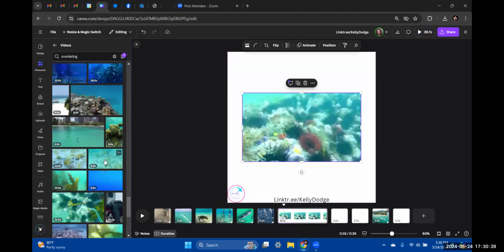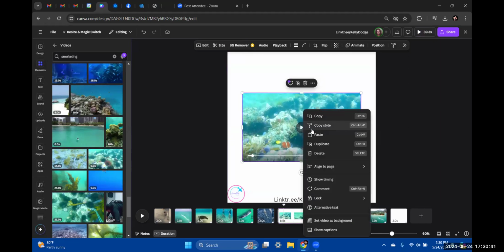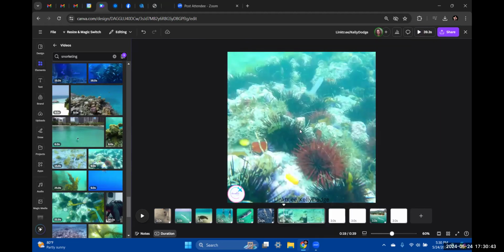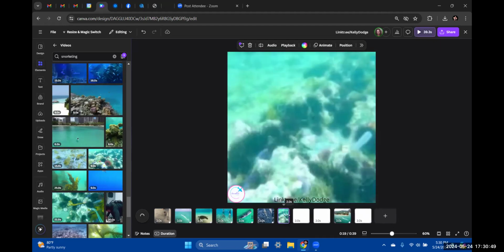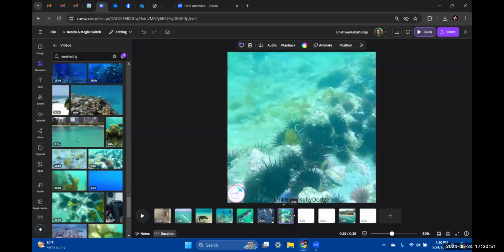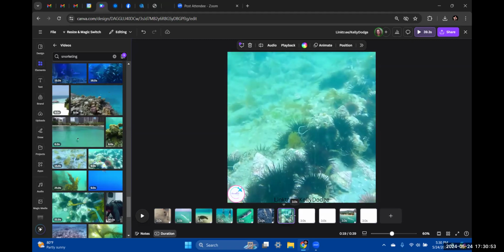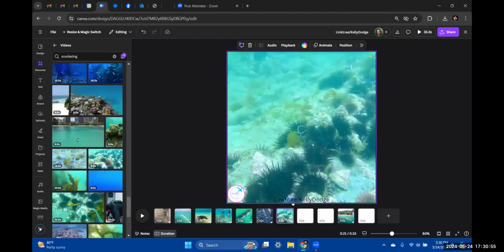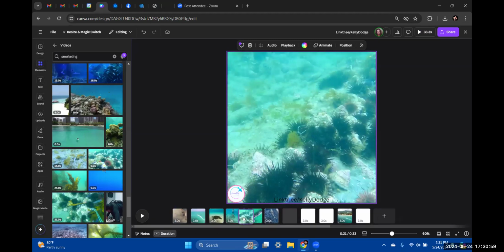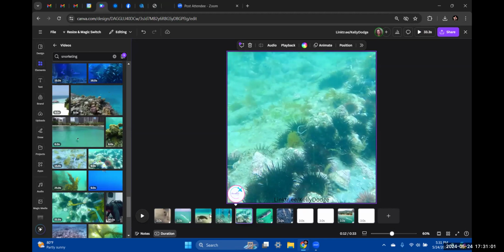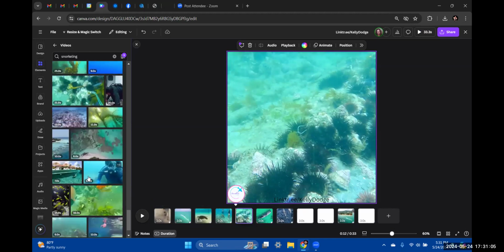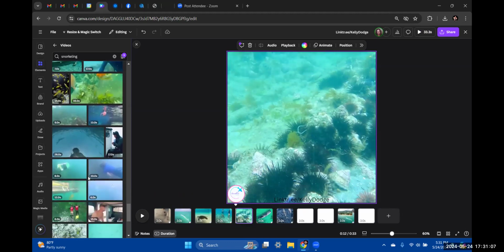Oh, this is kind of cool because it's almost like a GoPro view of the diver or snorkeler. All right, so I could actually stick this over here, because I have a series of snorkeling things, right? And so then, all right,